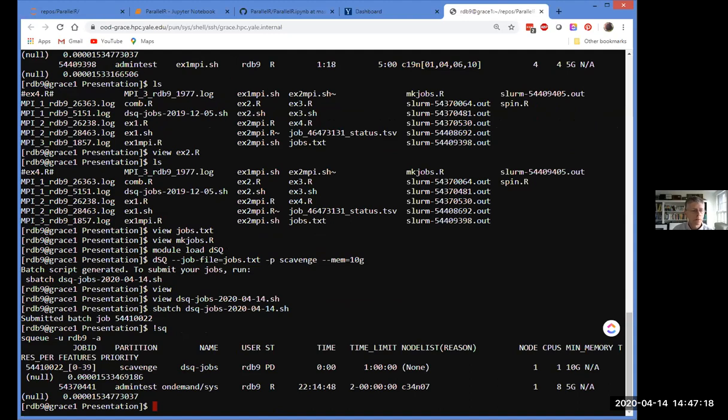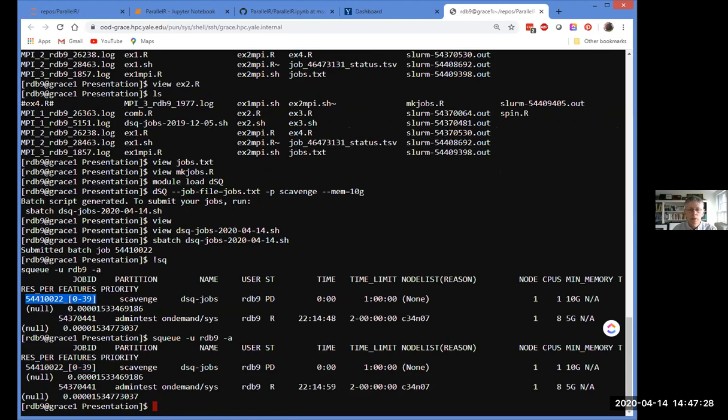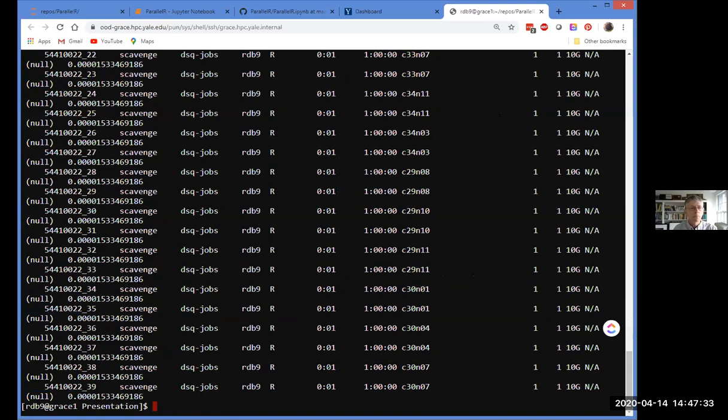And you can see that it's submitted here as a job array of 40 different subjobs. And I'm not sure how long it'll take for this to get going. I submitted on Scavenge, so it doesn't have high priority. Oh, there it goes. So now it's been expanded into all 40 jobs. So at the moment, all 40 of my jobs are running at the same time. They're scattered across lots of different compute nodes. And they kind of can fit into wherever there are free CPUs across the cluster. So that's basically how that works.